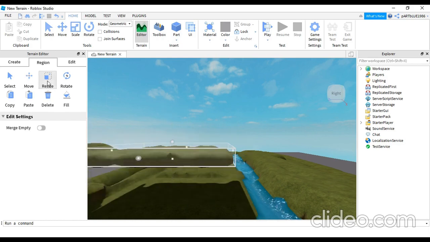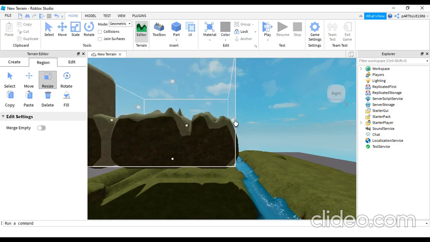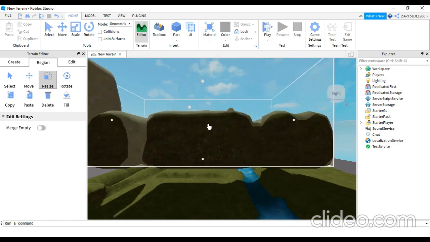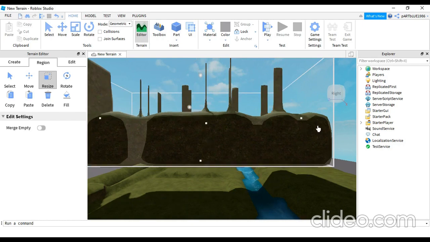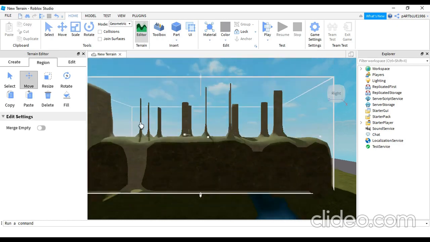Now, what about resize? As the name suggests, resize means you can make your terrain small or scale it up accordingly. This is very useful when you are making mountains or anything. Suppose you have made a mountain and after seeing the terrain, you see that it is looking too short or maybe too big. So you can resize it again. If I resize it, I can make my terrain big in X, Y, Z. All the axes are possible. And after I am done, I can move it again and place it back into the ground, wherever you wanted to place it.